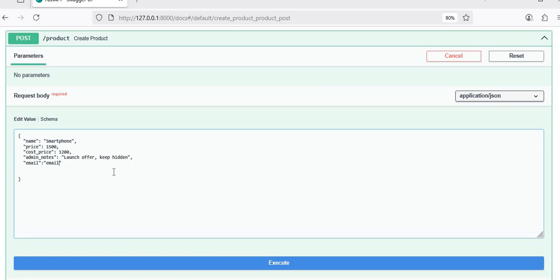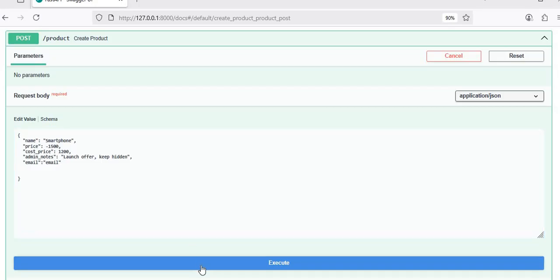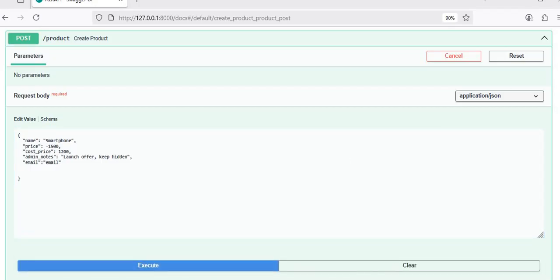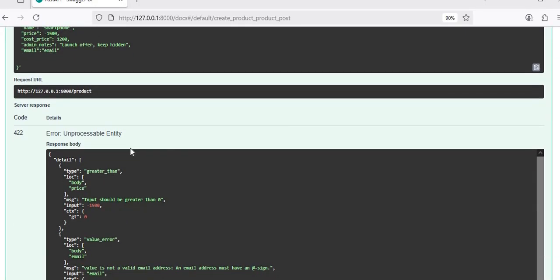Name is smartphone, price is 1500, cost price is 1200. I am going to change this price to negative, and the name smartphone, and admin notes is same like the previous one, and the email is email. Let me execute this, and if I check this greater than, for what